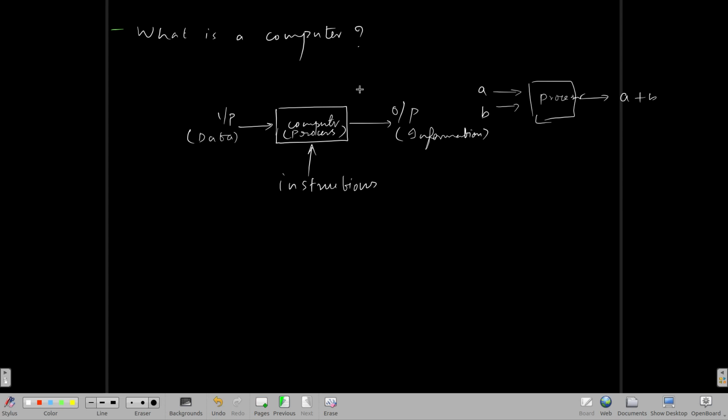So this is the basic view that you should have regarding a computer when it comes to our perspective. That is, it is a machine which can take some input and give some output, and the output is obtained after doing some sort of operation or process on the input based on an instruction given by the user. Okay. Now coming to the